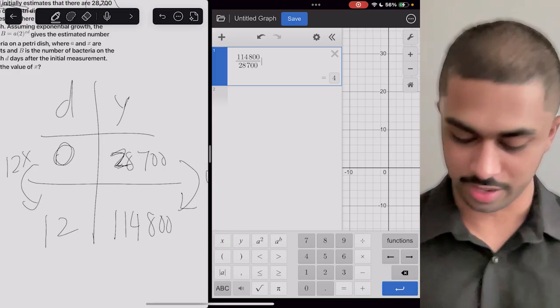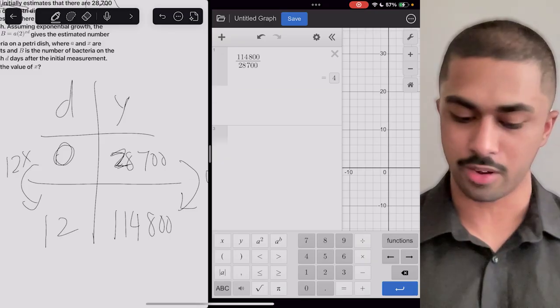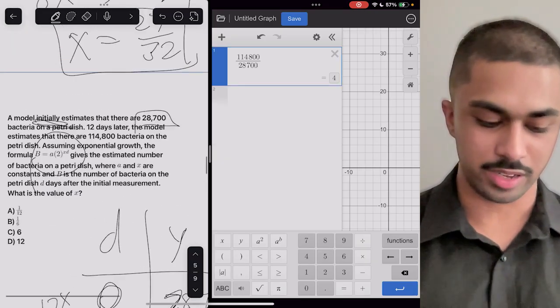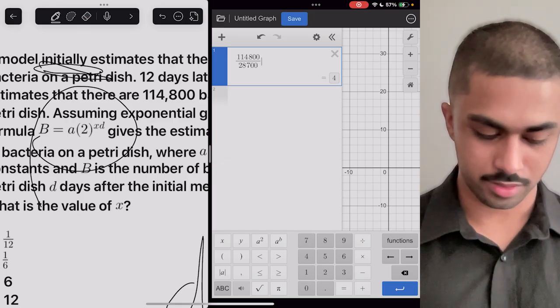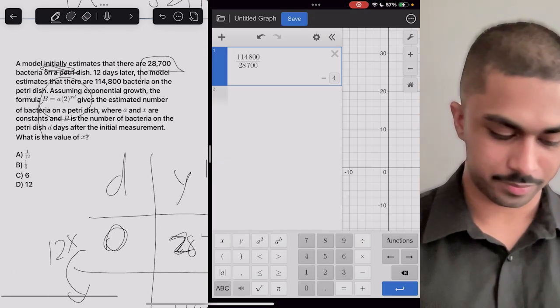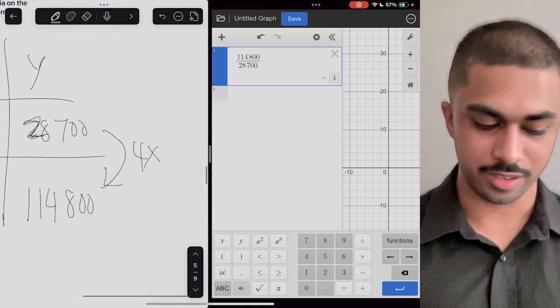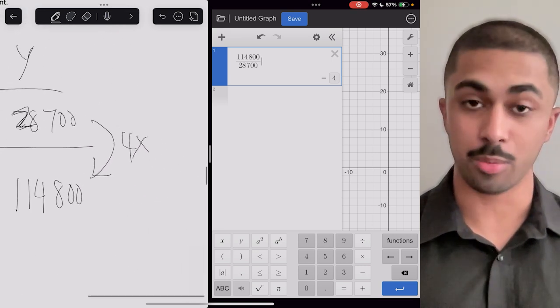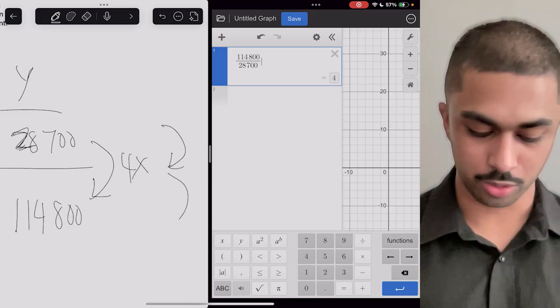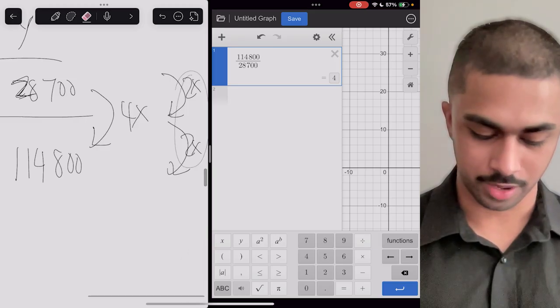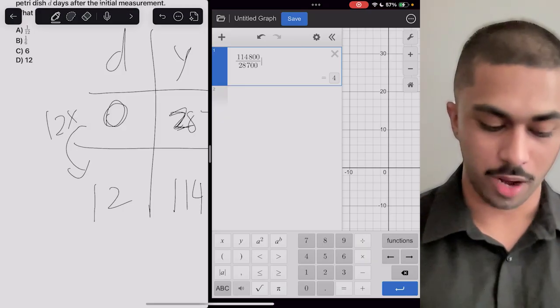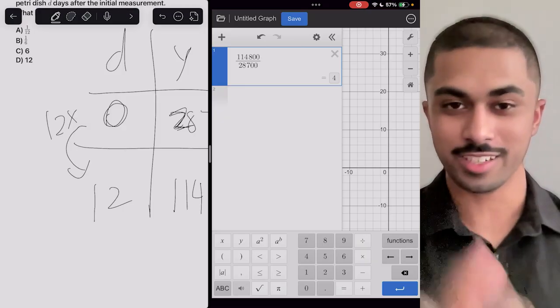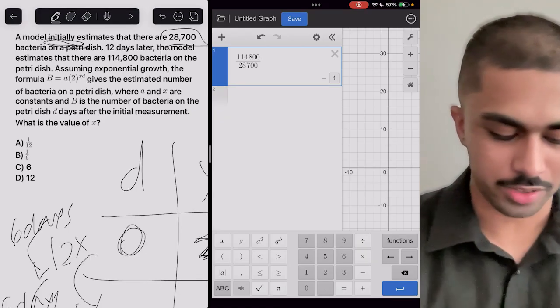Now, you might be tempted to say, okay, so let's do 4 divided by 12, but that's not how exponential functions work. We know that it is an exponential function because it's 2 to the power of d, right? So it's doubling. Now, how many times did this function double over the 12 days? It doubled twice, because if you double something twice, it increases a total of 4 times, because 2 times 2 is 4, right? So over the 12 days, it doubled twice. That means it doubled every 6 days. And that's why our answer is 1/6